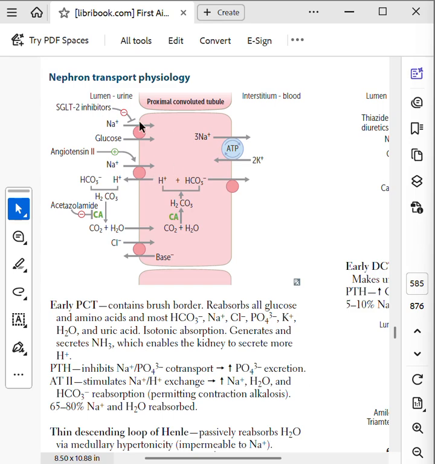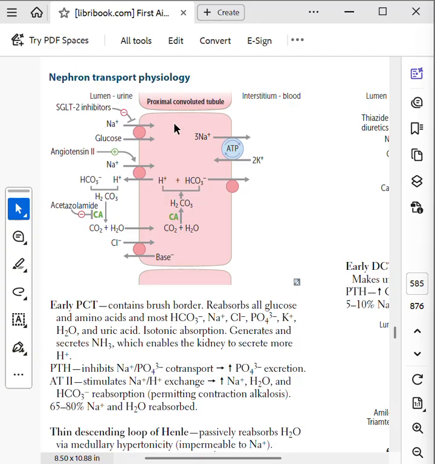Okay, now look at this. This is the proximal convoluted tubule. First of all, what we have in the proximal convoluted tubule is the bulk reabsorption happening. So we have the sodium glucose transport happening here. One thing to remember is that with this sodium the phosphate also hitchhikes. Basically 80 to 85% of the filtered phosphate is reabsorbed in the proximal convoluted tubule, but it's not shown here. When the sodium is being reabsorbed, the phosphate hitchhikes on the sodium and gets reabsorbed.